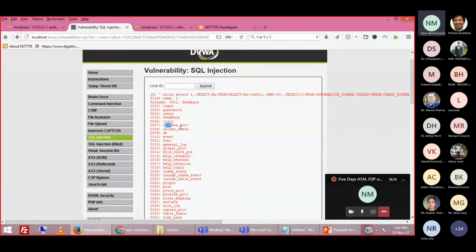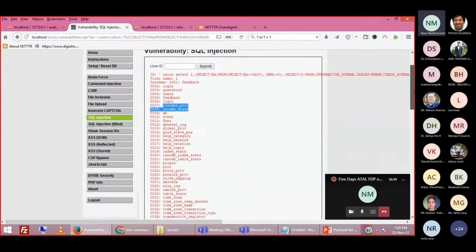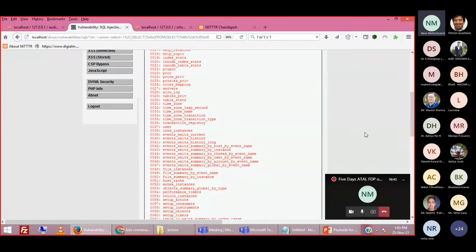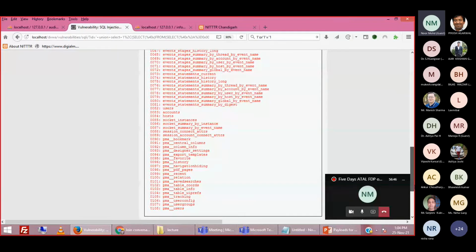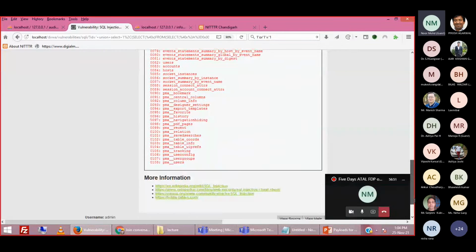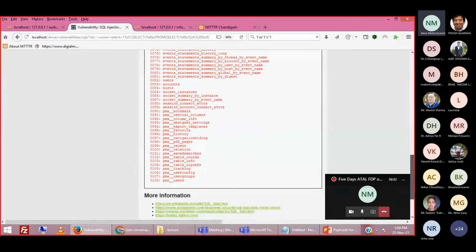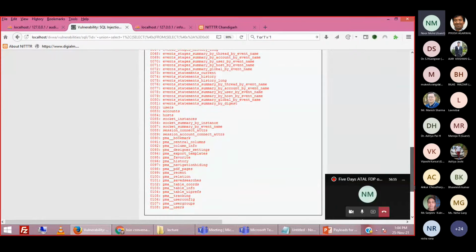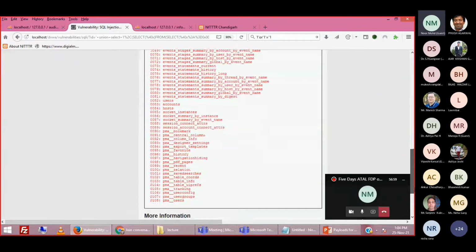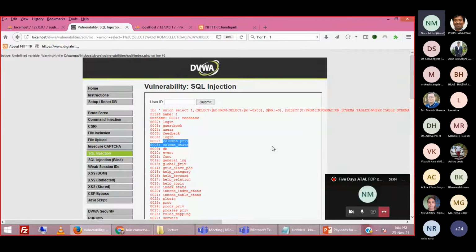It is sorting them alphabetically and giving all the table names till views, right? In total, 108 tables, an ordered list of the database tables. So a total of 108 tables it is displaying. So it is very sensitive information, right?